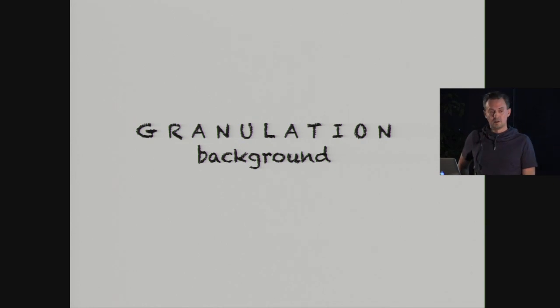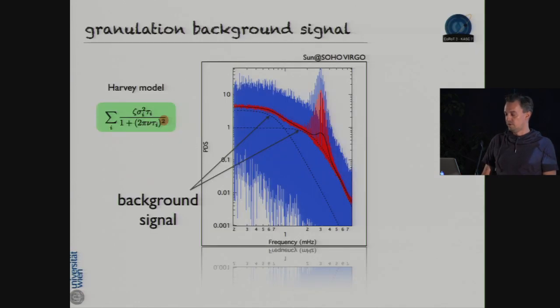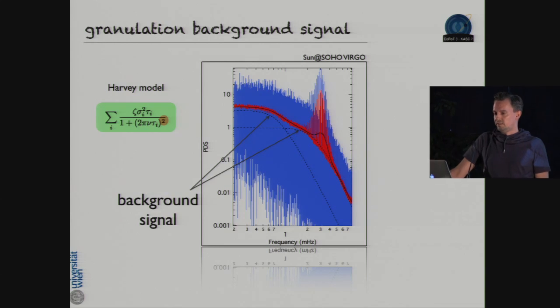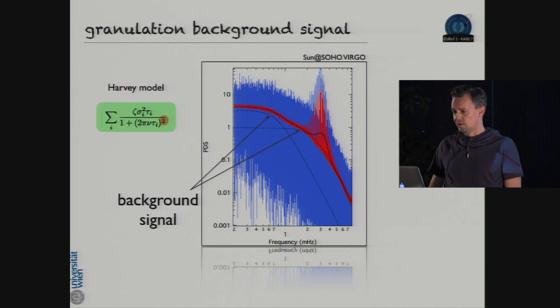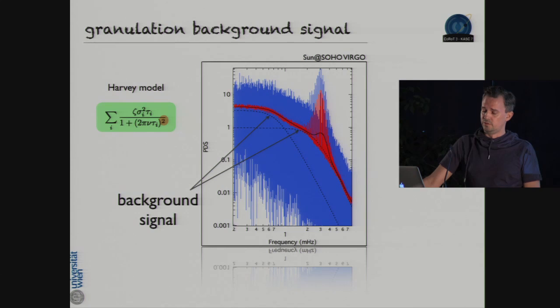Let us stop at the first stop along our path, which is the granulation background. That's the first fitting problem I'm going to talk about. If you have a solar-type oscillator with a convective envelope, like the sun as shown here, and you are interested in the oscillations, you will see that there's an additional signal which is due to granulation on the stellar surface. The first one who modeled this signal was Harvey, using a quite simple Lorentzian profile